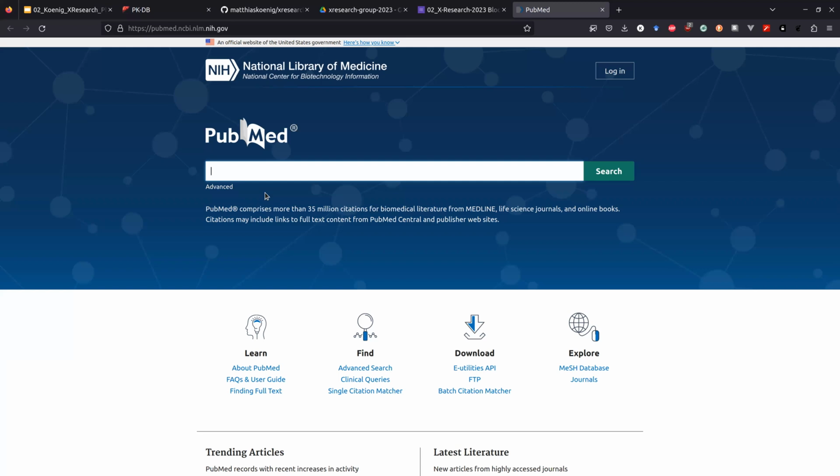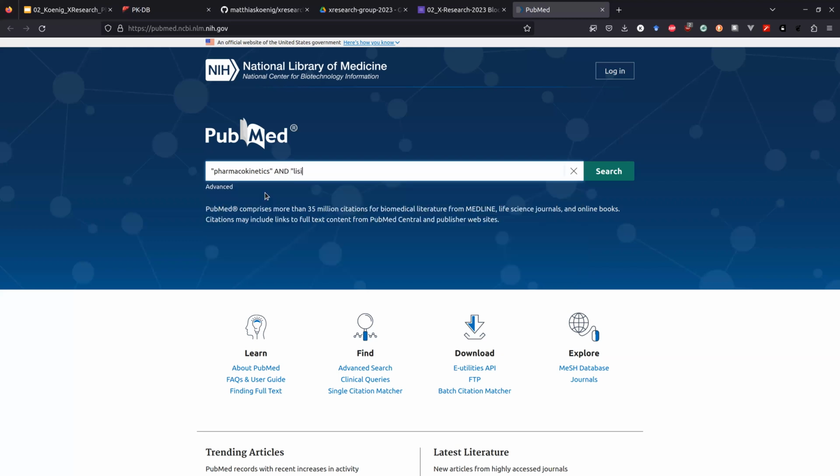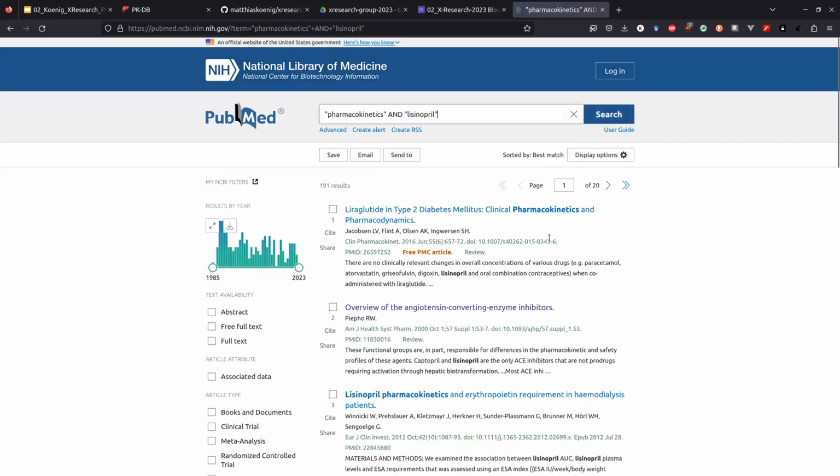So what I did was a search of pharmacokinetics, lisinopril. I did something like this and did a search, and this gives you already a first good feeling. What I look at normally, and this is basically what you do in a research project, you do at some point a literature research, and you should somehow document what you did and try to systematically evaluate the literature. The first interesting part is this plot here,